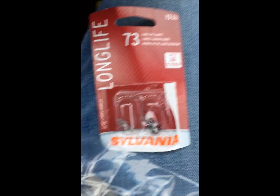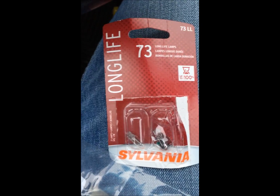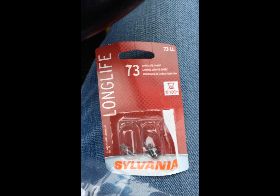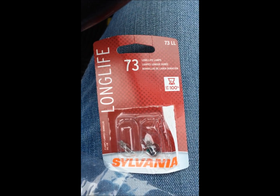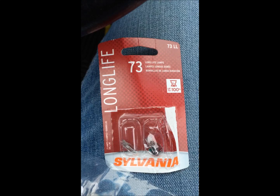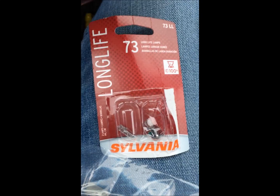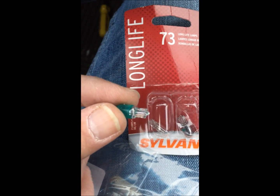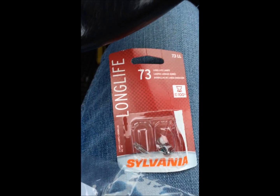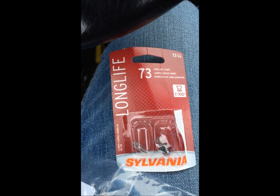Yeah, I was going to say, these are the ones that I ended up purchasing from the auto shop, typical NAPA or O'Reilly's is where I picked these up, and that's what it showed in their computer that you needed for these dash lights. They are not the same size as this bulb, and they don't have the little green shade that I think helps. What I was going to do is show you that these 2 bulbs don't have the same